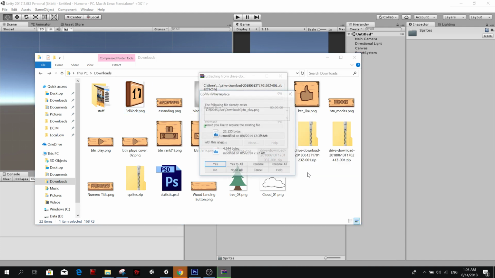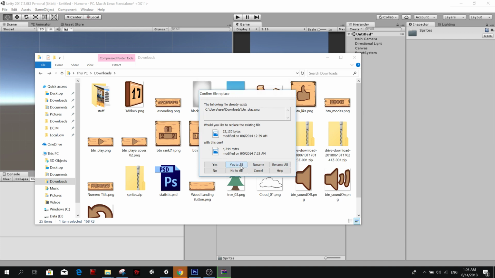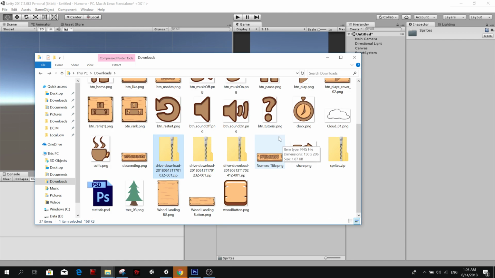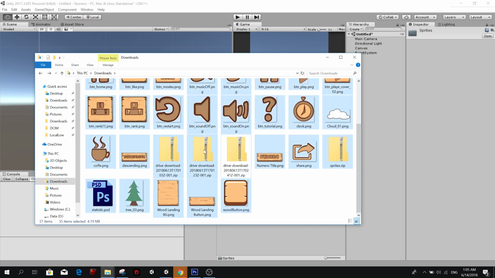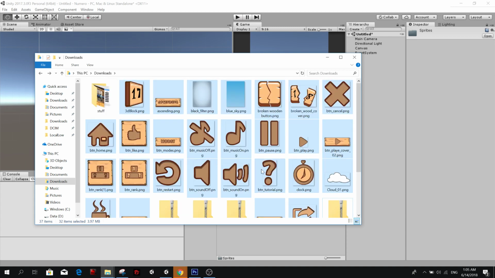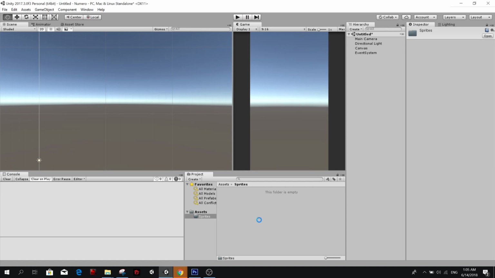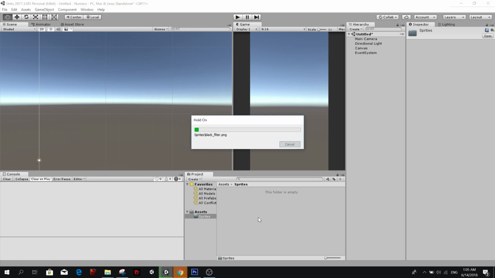Extract here. Oh, repeated items. Anyway, so then we have a bunch of sprites. I'm going to take all the sprites, I don't want these zip folders, and now we're going to drag them into Unity. There we go.